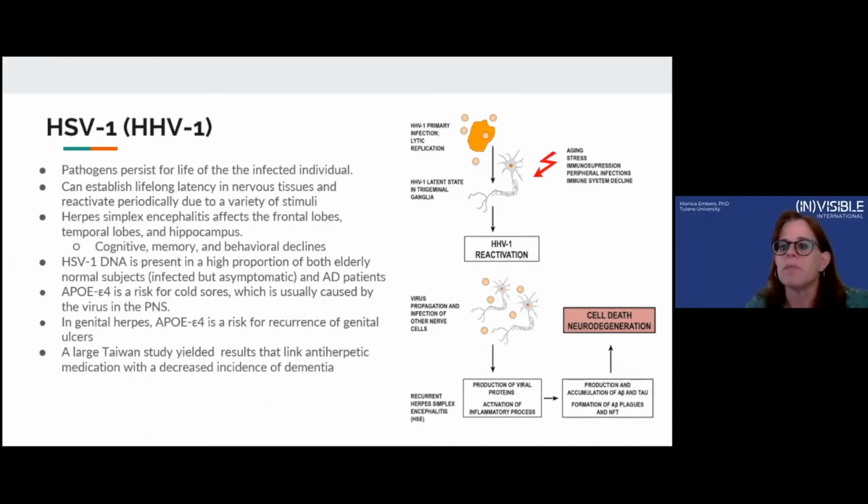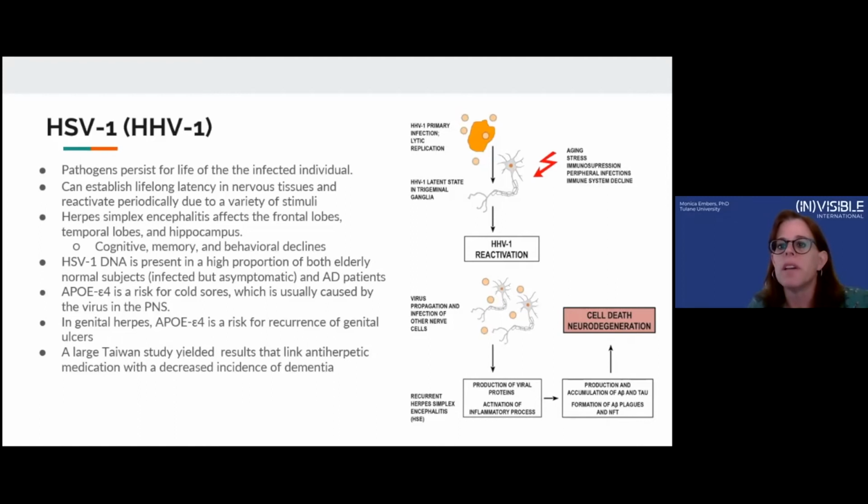Coincidentally, herpes simplex encephalitis affects the frontal and temporal lobes and hippocampus, the same regions affected in AD. Herpes encephalitis also shows cognitive, memory, and behavioral declines analogous to those seen in AD. Work from many laboratories strongly supports the concept that HSV1 enters the brain in older age as the immune system